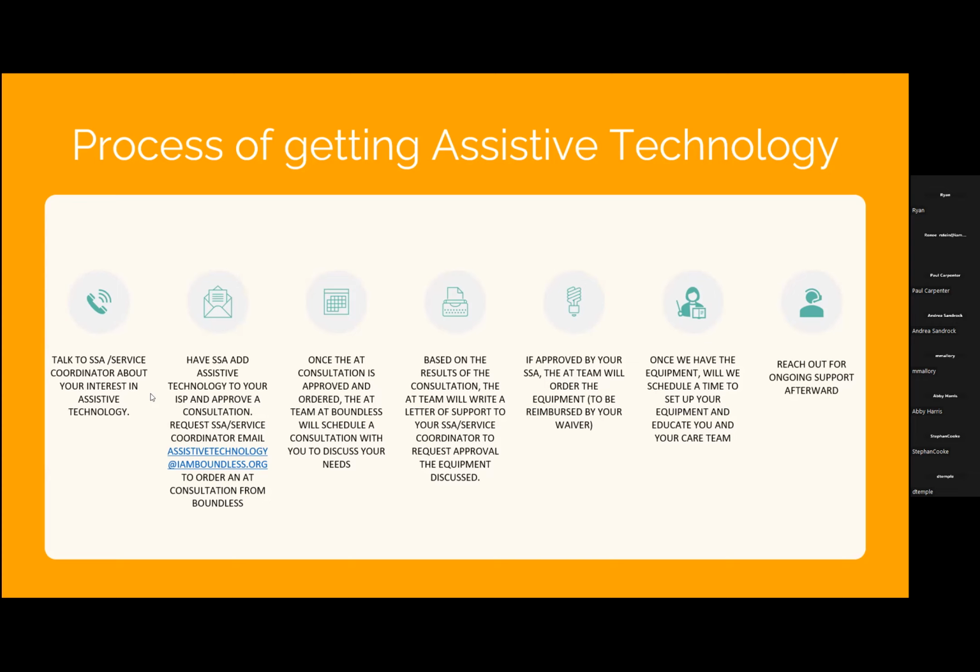What's required for funding is that we essentially write something similar to a letter of medical necessity, where we would say, okay, this is the type of equipment that we feel, as a team we've discussed, will help foster independence in this individual. We write a letter explaining exactly how much it costs. We send that to the SSA, and then we wait for their approval time. Written in the waiver language is that the approval time from the SSA is to take no more than 10 days. Once we get an approval, we at Boundless purchase the equipment to be reimbursed by your waiver,